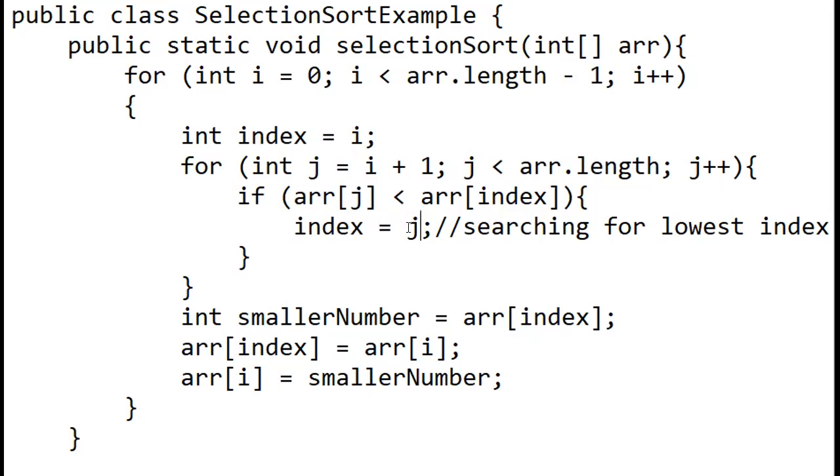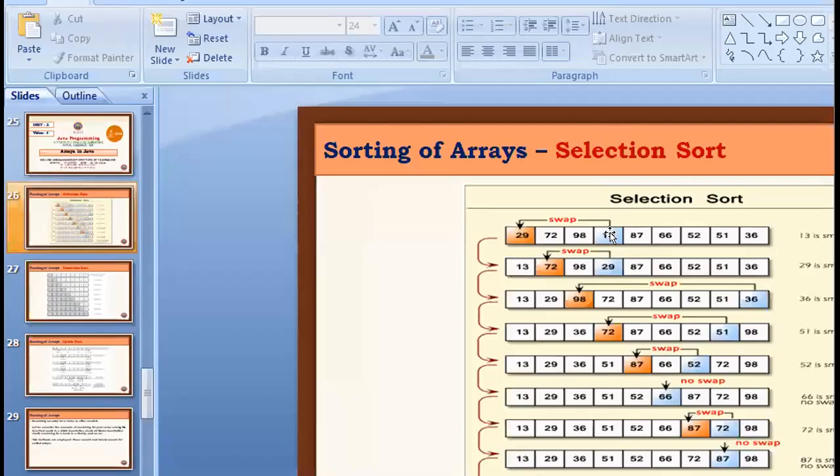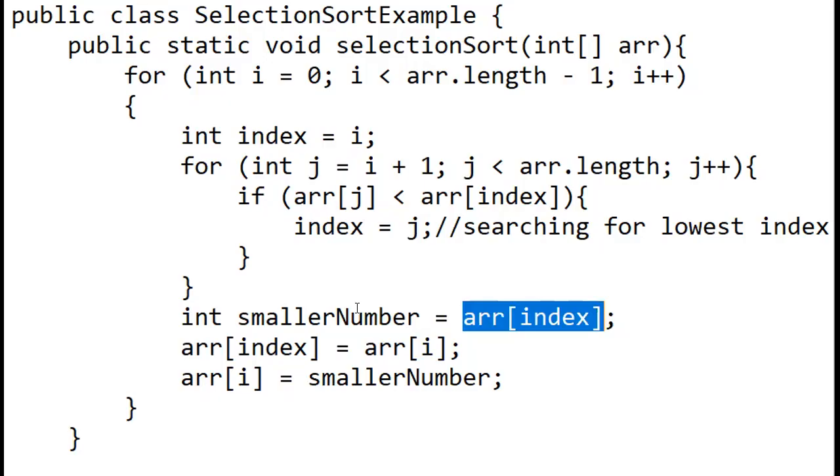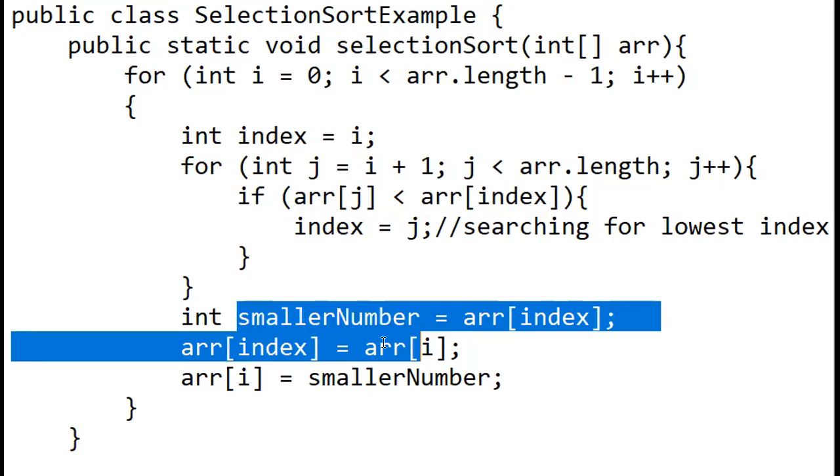So what is this? j is nothing but the place where you find the next smallest value. Okay, so now if you find that value, array of index లో ఏముంది? j ఉంది. j is nothing but the location where you find the next smallest value. So now you need to take that value, that is 13, according to this example. You place this in a smallest number. That means ఒక smallest number అనే ఒక వేరియబుల్ తీసుకొని దాంట్లో ప్లేస్ చేశాను.